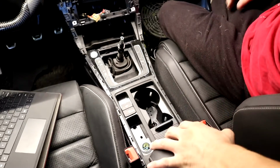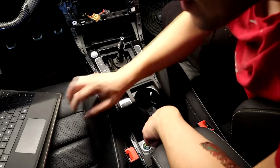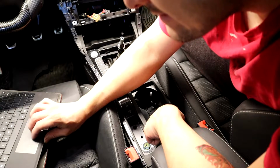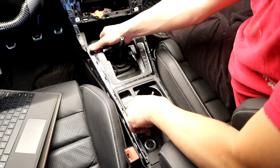There's some sort of locks back here. Let's see that. It says there's a lock back here. So those off, remove center console upward from the center console, because you can't pull the center console out until you unplug these connections here. There's just no slack